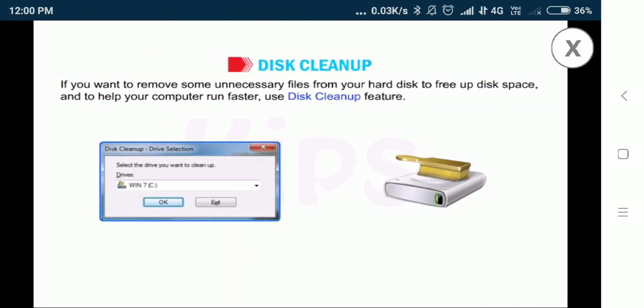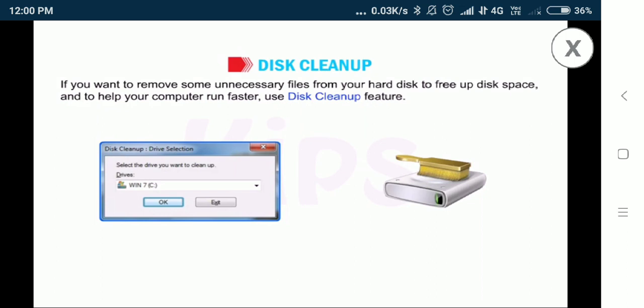Now, Disk Cleanup. Children, whenever we run any program or visit many websites, all these things create temporary data, or you can say unwanted data, stored on the computer or mobile. So what do we do? We can use Disk Cleanup, which means we can clean the memory area with the help of Disk Cleanup.